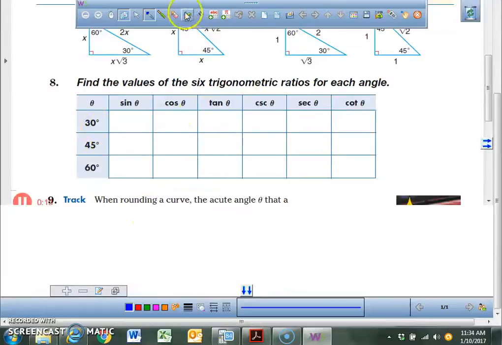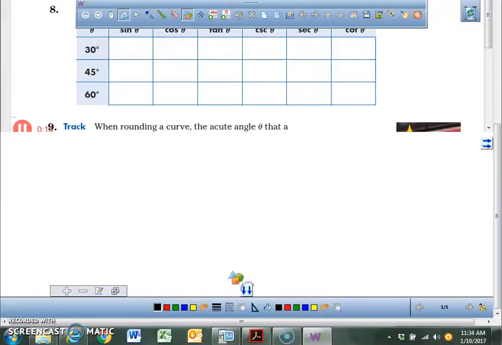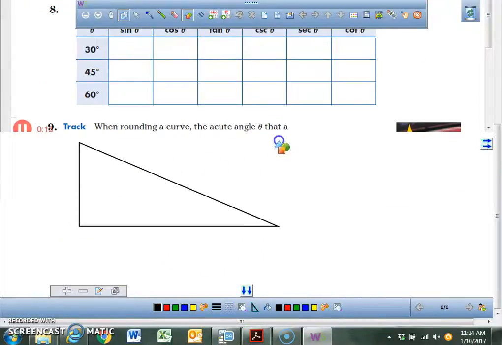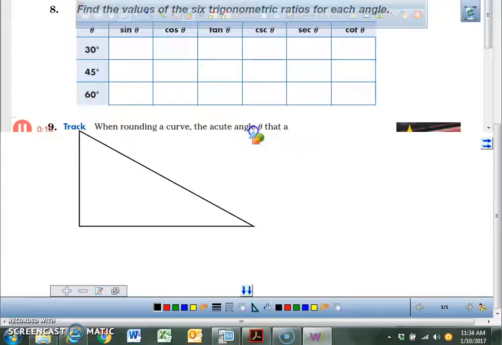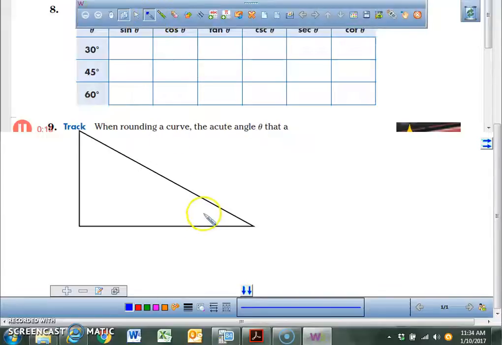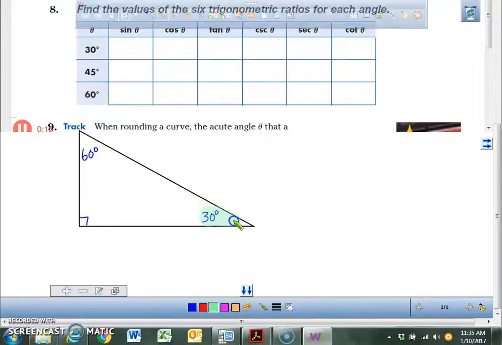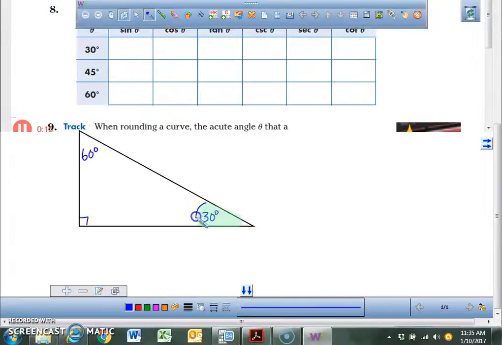So what I want you guys to do is draw a triangle. You guys should already have a triangle in your journal. I'm going to make this a little bit bigger, all right? I'm going to make it about a 30, 60, 90. So this is my 30-degree angle, here's my 60-degree angle, there's my 90-degree angle. Whenever we're doing this, I always shade in which perspective we are going from. So we're going to go from the 30-degree perspective, because in our table, that's what we're going to fill in